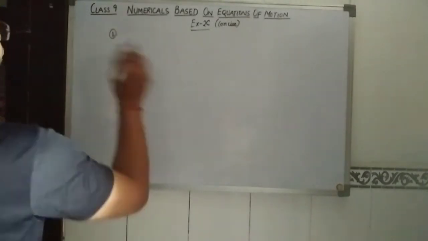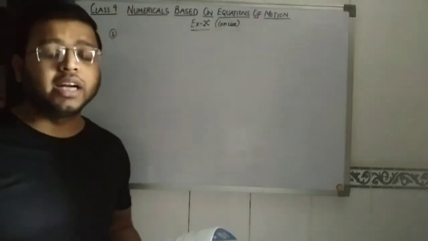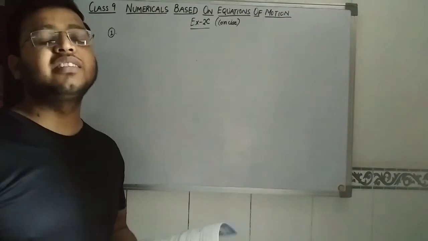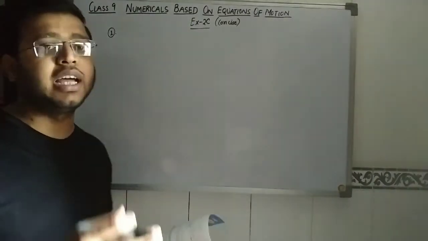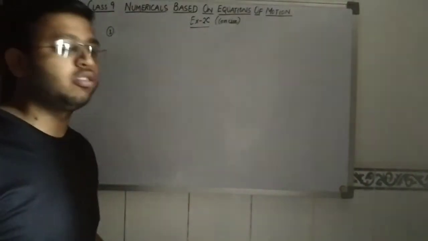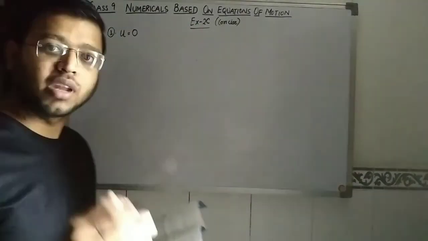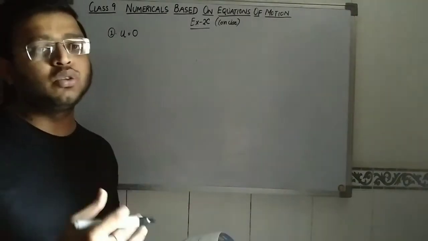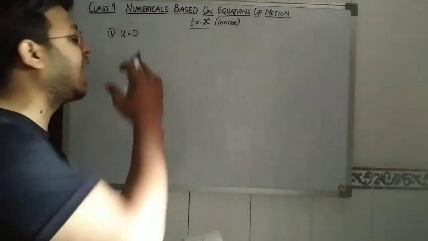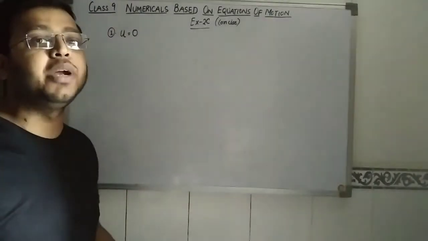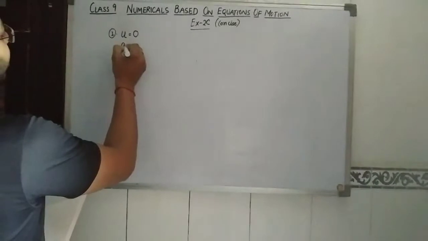A body starts from rest. I am telling you, students, as you read the question and as you understand the physical quantity, just write them with the help of their symbols. In the numerical it is saying a body starts from rest. So as I told you, when a body starts from rest, then u is equal to 0. It means initially it is stationary, so its initial velocity will be 0. That is why I have written u is equal to 0, with a uniform acceleration of 2 meter per second square. It means acceleration is given.